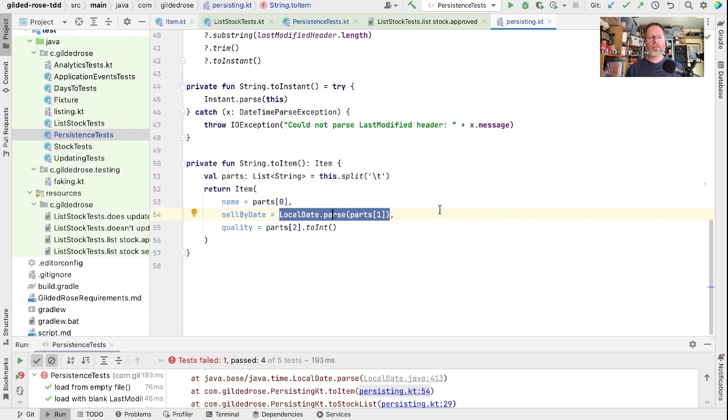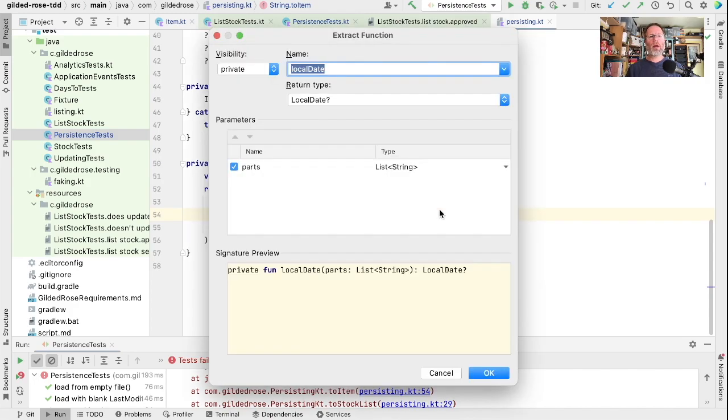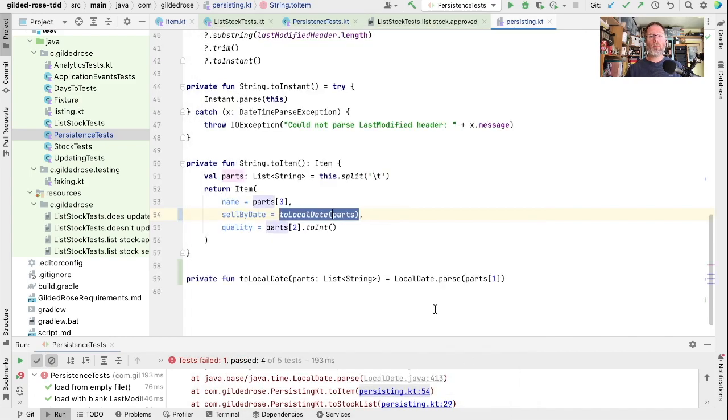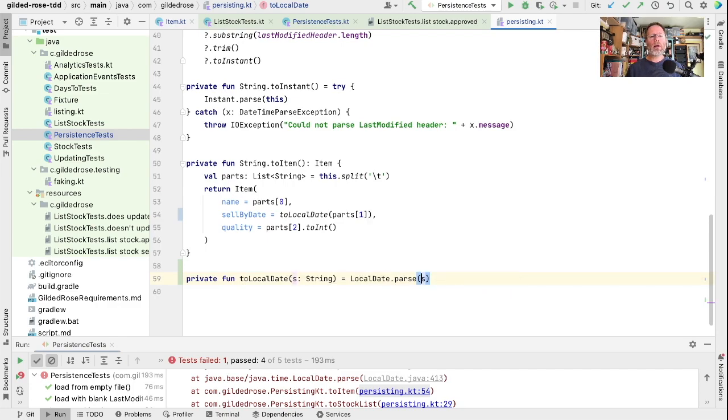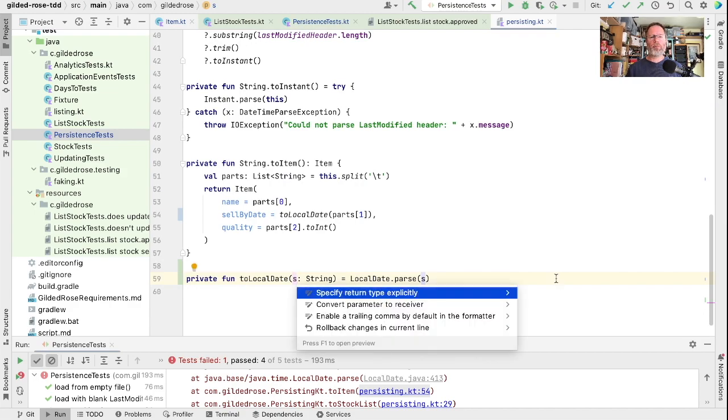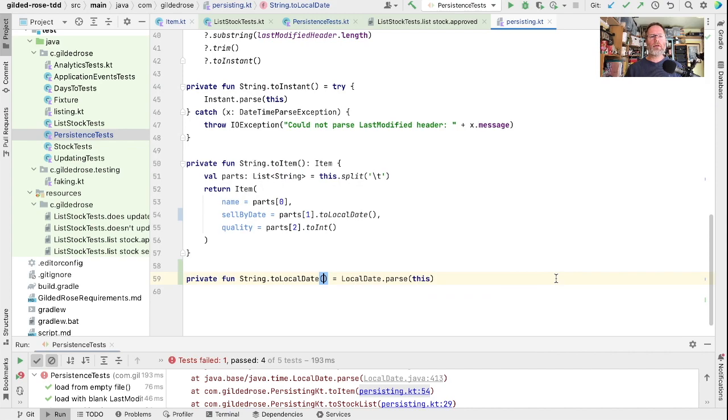So I think what we'll do is we'll pull this out as a little function, and we will call this toLocalDate, and the return type is indeed LocalDate question mark. Now we want to give it just the part we're interested in, so let's make that the parameter of it, and let's make this an extension function, I think. So we'll say convert that to receiver. So now we've got parts1 toLocalDate,